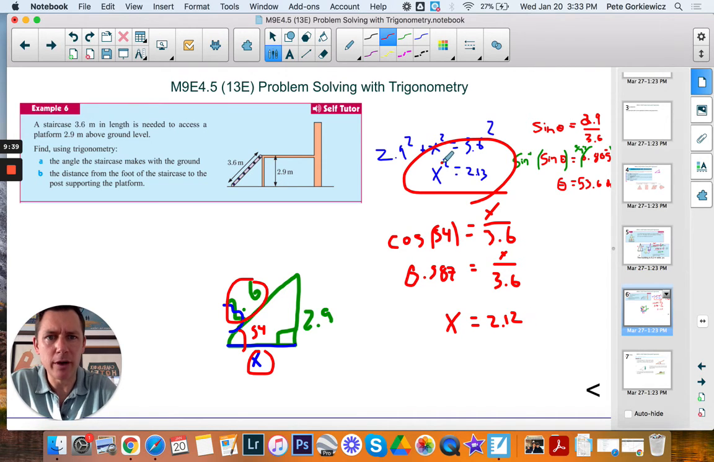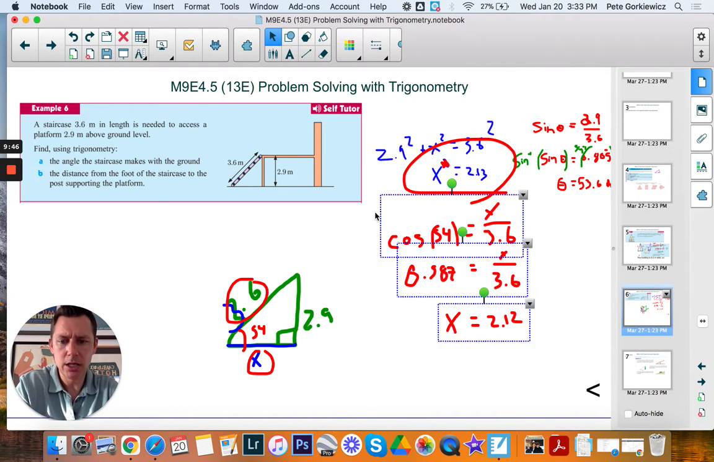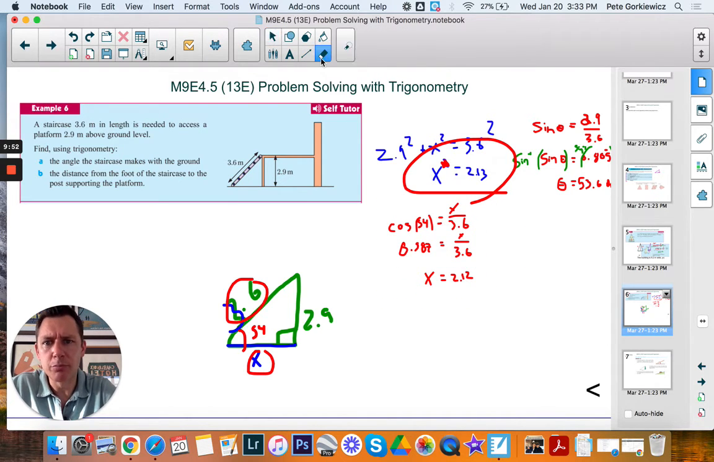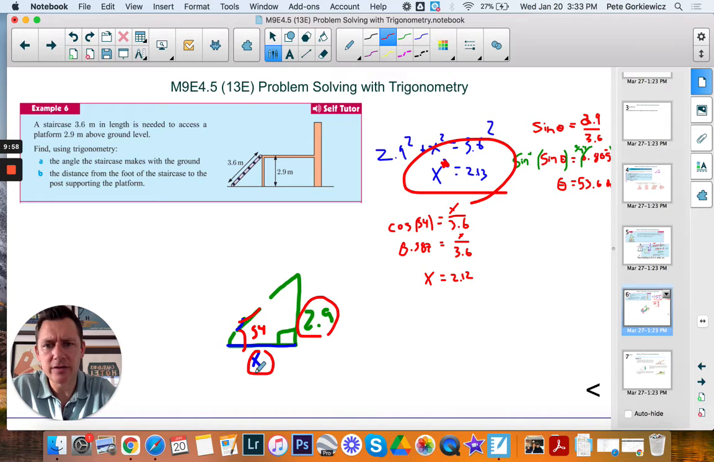Oh, I rooted that. Sorry, so x was just that. Apologies. Similarly, if you pretended you didn't know this, you could use this side and this side, and you could say